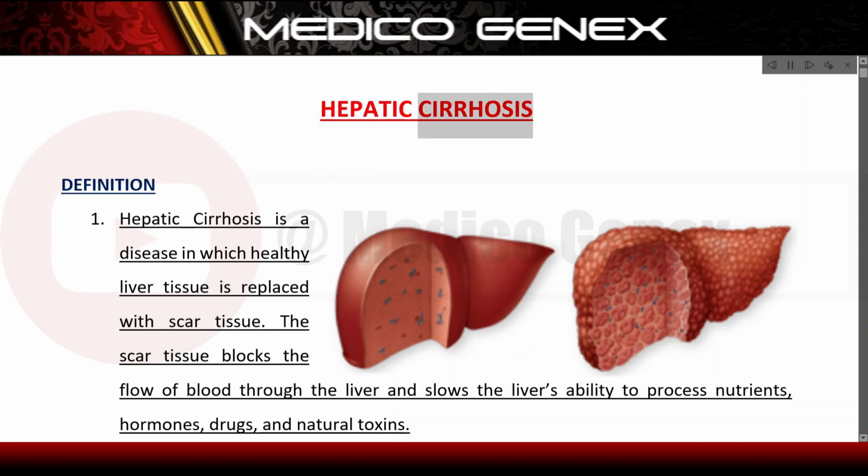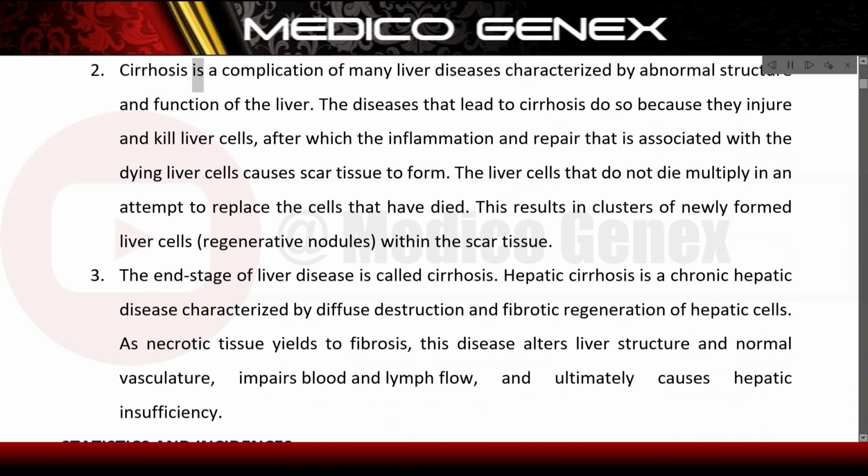Hepatic cirrhosis. Definition. Hepatic cirrhosis is a disease in which healthy liver tissue is replaced with scar tissue. The scar tissue blocks the flow of blood through the liver and slows the liver's ability to process nutrients, hormones, drugs, and natural toxins. Cirrhosis is a complication of many liver diseases characterized by abnormal structure and function of the